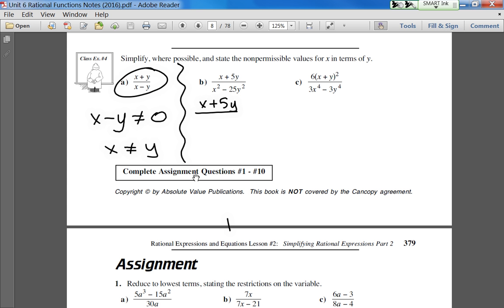In the bottom, though, difference of 2 squares. You have an x minus 5y and an x plus 5y. What's going to cancel is the positive version. So you're just left with 1 over x minus 5y, comma, x is not allowed to be,